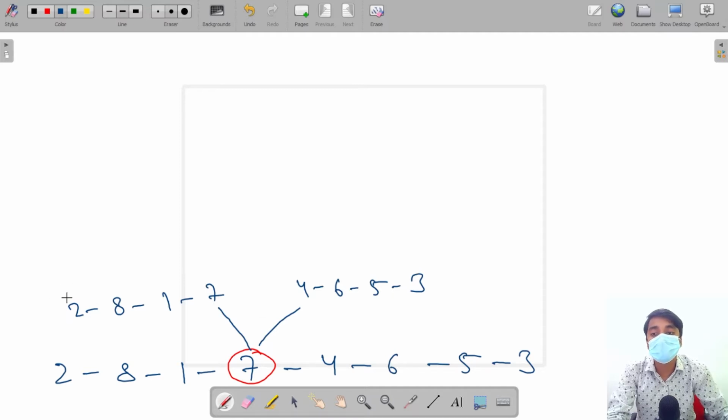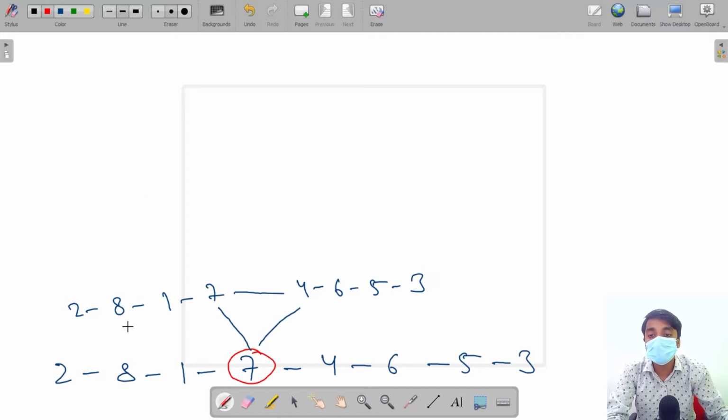Here we are passing the head and the tail of the list. For this, the head is 2, the tail is 3. For this, the head is 2, the tail is 7. That is the mid of the list. Here, the head is mid dot next. The tail is 3. Here the list is connected.